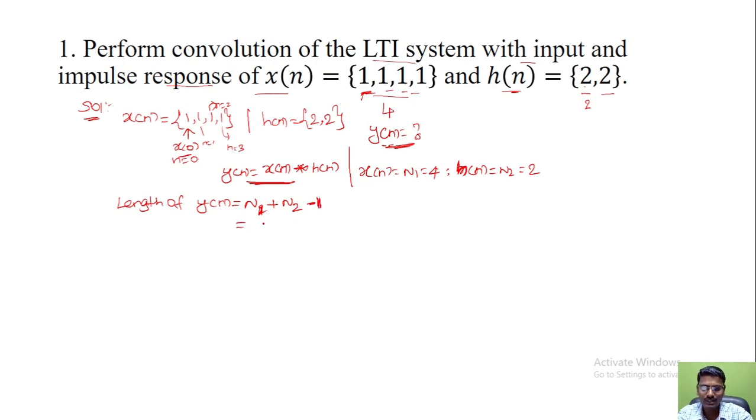So substitute the number of samples in this formula. So n1 is equal to 4 plus n2 is equal to 2 minus 1, which is 4 plus 2, 6, minus 1, which is 5. So the output y of n will have 5 samples when we convolve the given x of n and h of n, right? So this is the first step. Now in the next step we need to